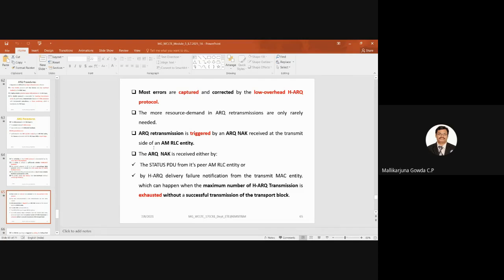The ARQ negative acknowledgement is received either by the status PDU from its peer AM RLC entity or by the hybrid ARQ delivery failure notification from the transmit MAC entity, which can happen when the maximum number of hybrid ARQ transmissions is exhausted without a successful transmission of the transport block.